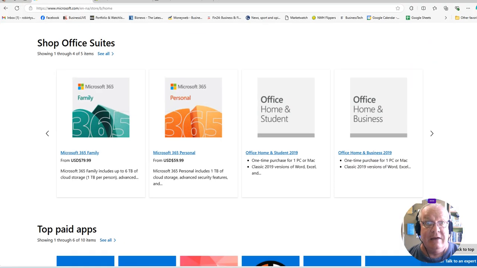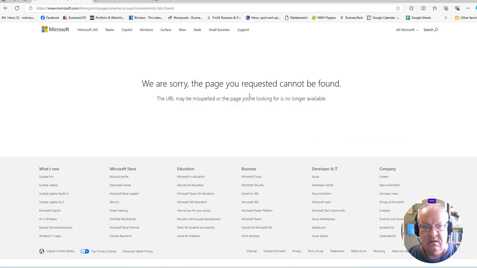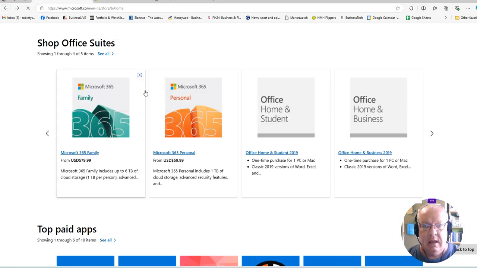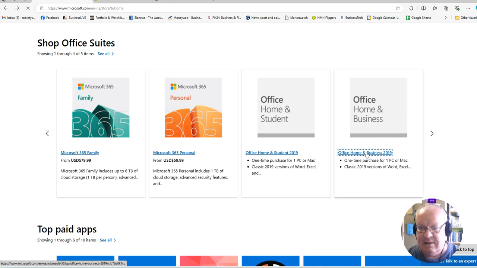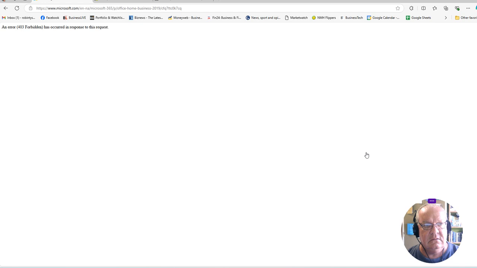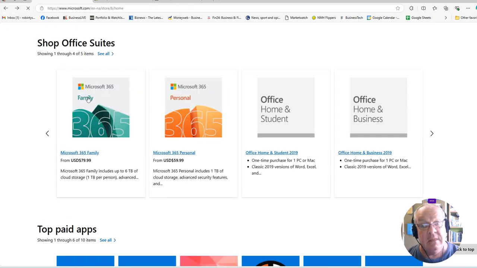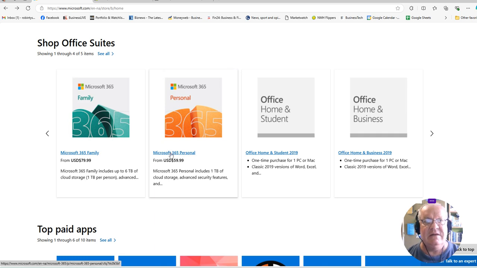Or of course, you can download Microsoft Office. And, well, they have this thing here called one-time purchase. That sounds good. Oh, doesn't work. They have another one here. One-time purchase. It doesn't work. So, in other words, what they're saying is you have to now have Office 365, Microsoft 365